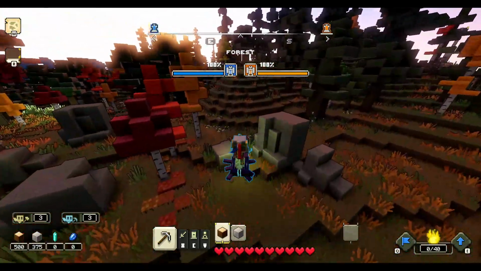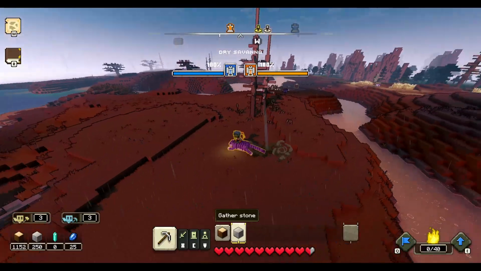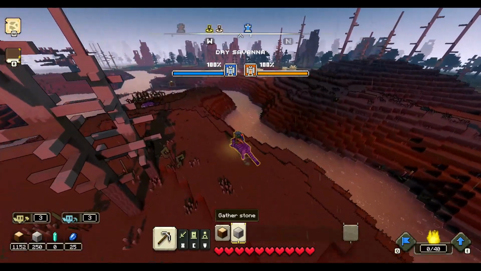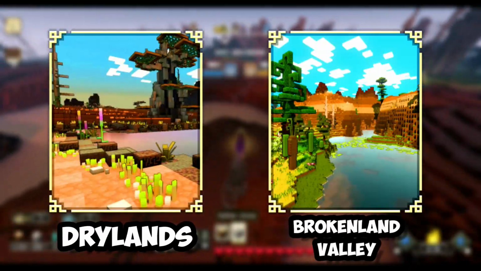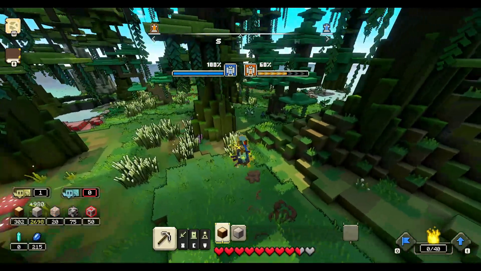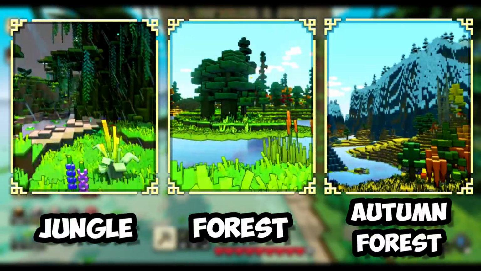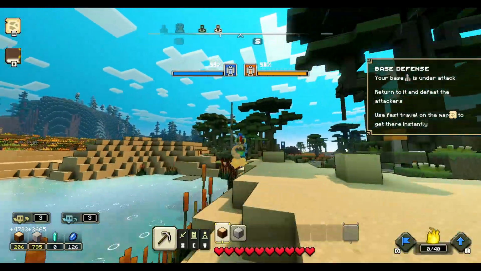The horse is the default starting mount, so we will look straight at locations for the tiger. Tigers spawn in only 2 locations. You'll want to look for drylands or broken land valleys to find this mount. The beetle mount spawns in 3 locations: jungles, forests, and autumn forests, while the bird mount spawns in just 2